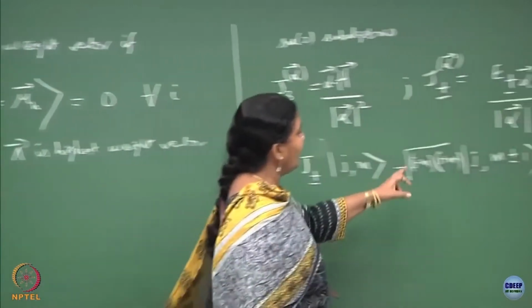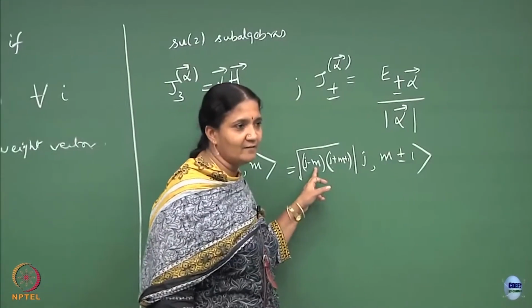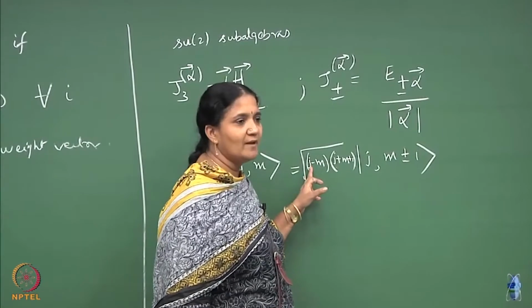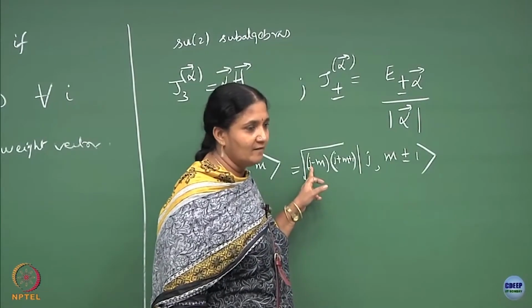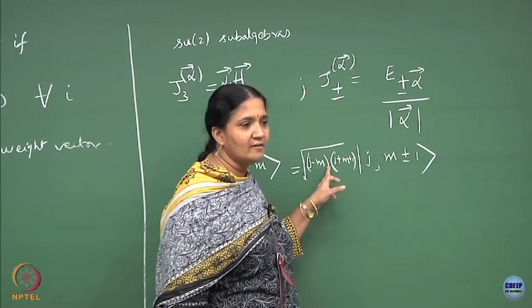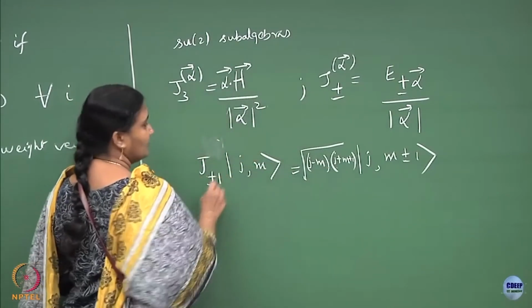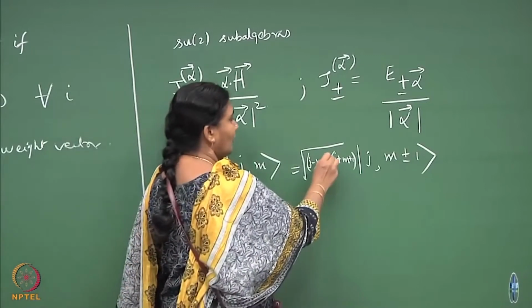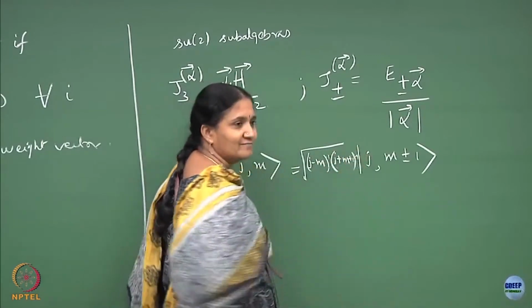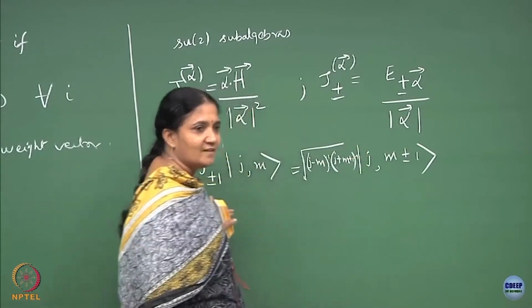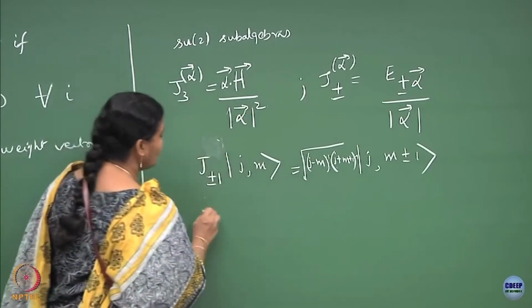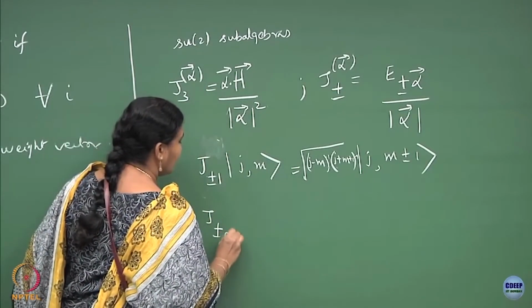So, this m will get replaced by your weight vector, j will get replaced by your highest weight vector, and then you have to take a dot product with the corresponding root vector. So, in this particular case it is 1. So, it is dotted with 1 and dotted with 1 in this case. So, when you have to do j plus or minus alpha,